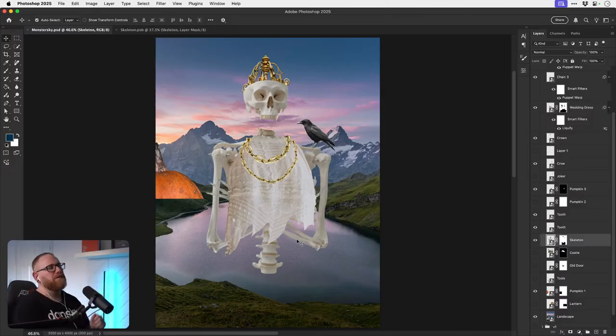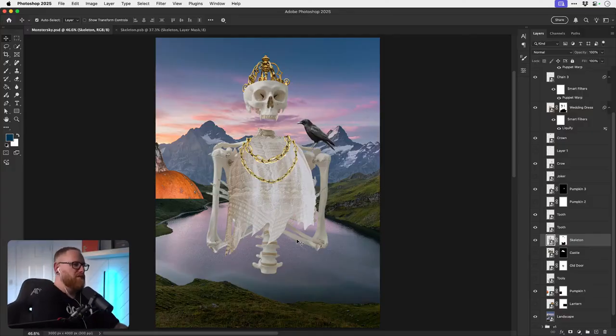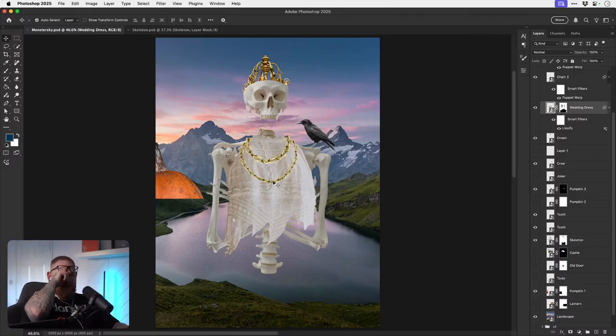Oh, I've just thought as well, actually. The skeleton hands are all in the smart object. That's going to be a problem, isn't it? Okay, I think I've made a bit of a mistake, but one that should be fixable. This is like my character.